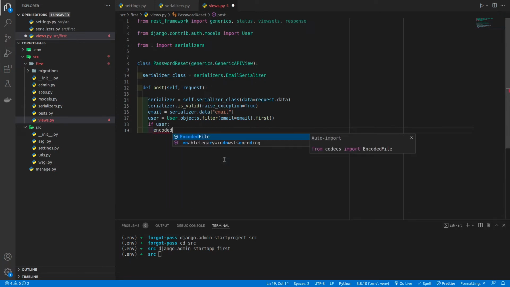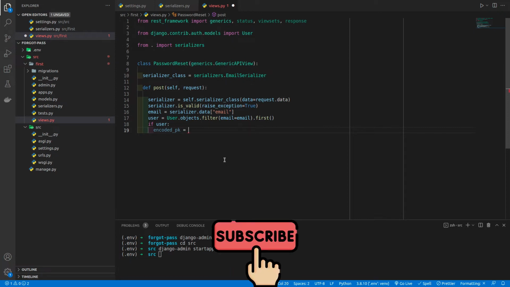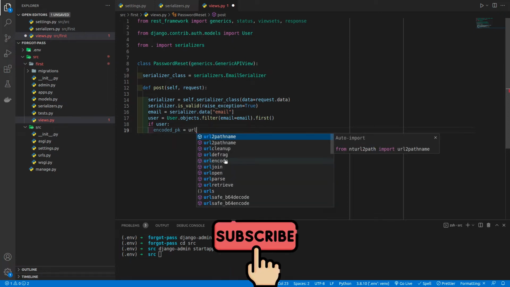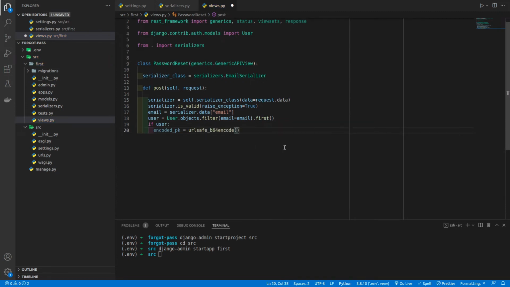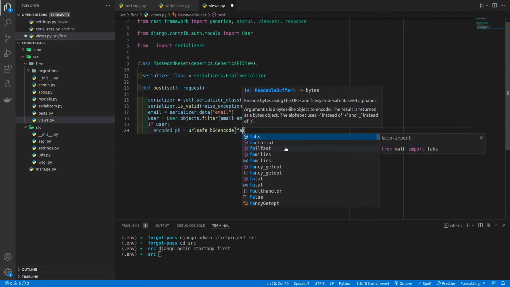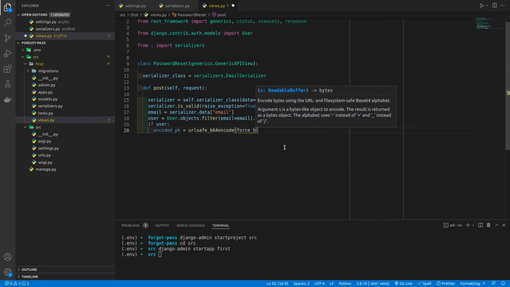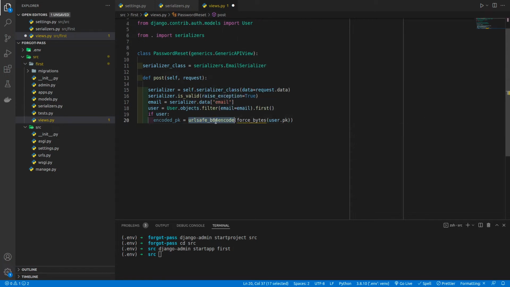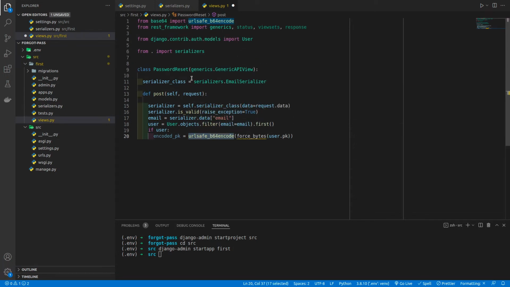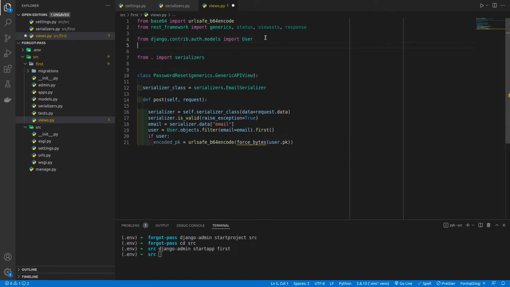So I'll call it encoded pk, and I'm going to do some inputs later on. Let's code along first. So urlsafe_base64_encode, and this will take in force_bytes, and we'll pass in user.pk. So VS Code has already imported urlsafe_base64_encode from base64. Let's import force_bytes. So it will come from